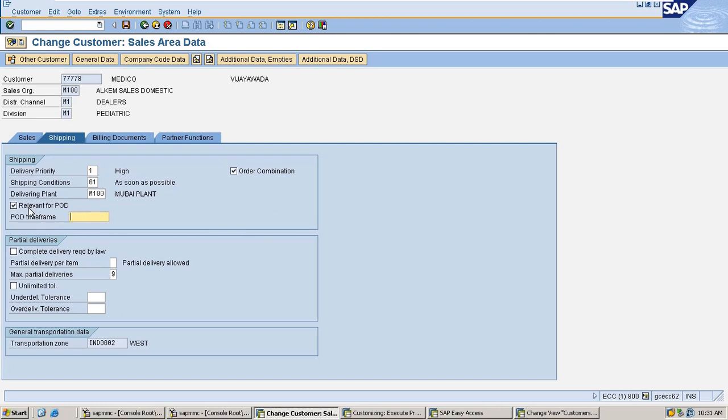For example, let us give the time frame as 10. So we are giving a time frame of 10 days to the customer. If the customer sends the acknowledgement within 10 days, it's okay. Or else the system will create the invoice for the quantity which got delivered to the customer.